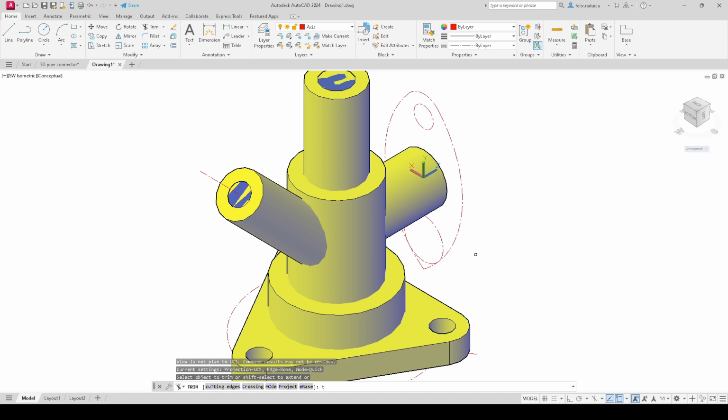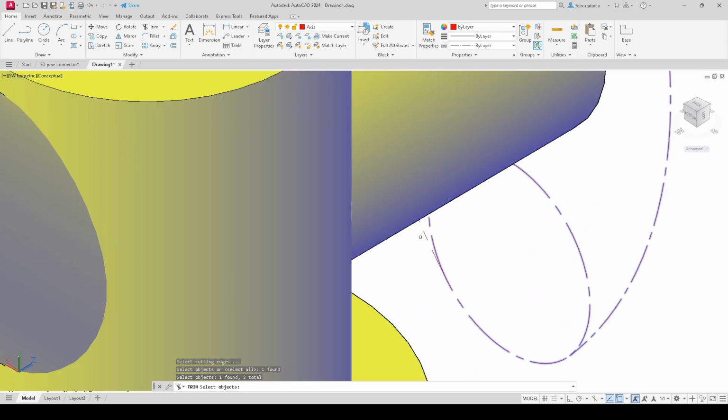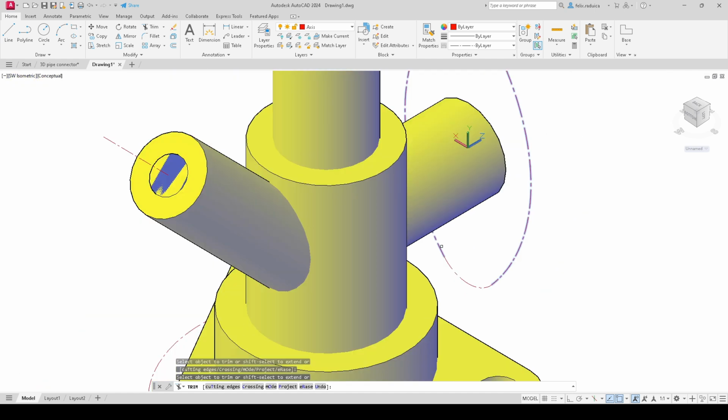Then trim and select these as the cutting edge, and repeat, but select this and that. Well, not that one, this one, and not this one. And now cut that one out,